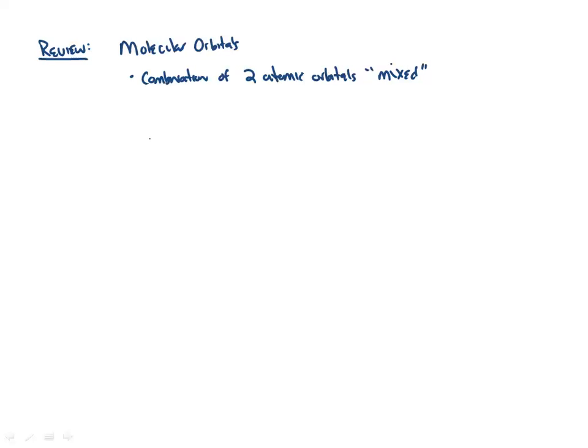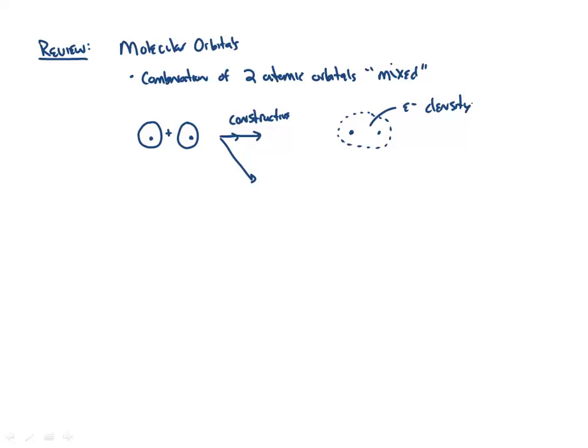made a new one. And what we said is that for the very simplest one, if I took an s orbital from one atom and an s orbital from another atom, kind of looks like eyeballs. Here, there's my two s orbitals and a smiley face. Anyway, I've got my two s orbitals. What that led to is two different types of mixings. We could have constructive, where our electron density was spread evenly around the atoms, and so there's electron density between the atoms,